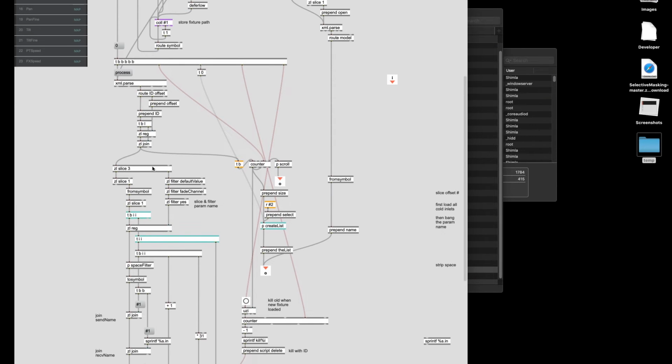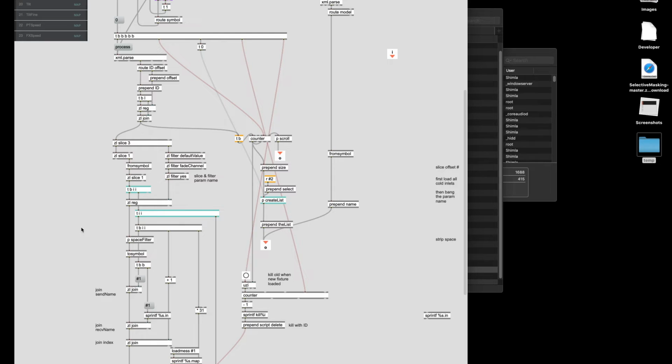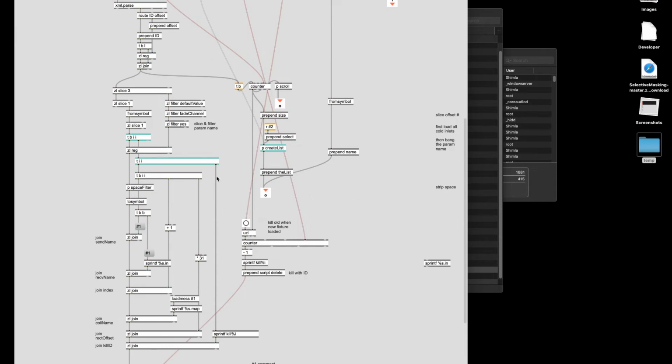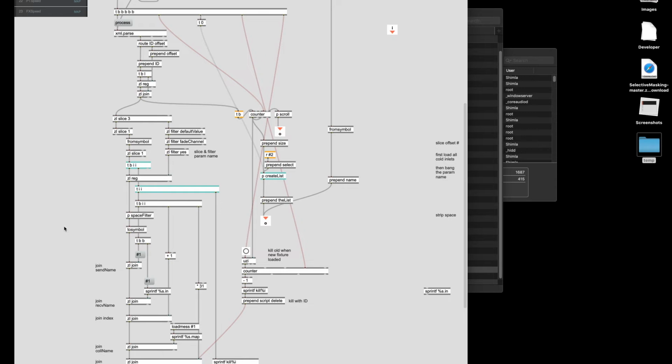Running that, slicing it, I'm filtering some stuff that was in the way. There's no exact science to this. It's just basically parse until you get the correct trees, and test it out with lots of other XMLs to really see if you did it correctly. So what it does is every time it finds a channel,